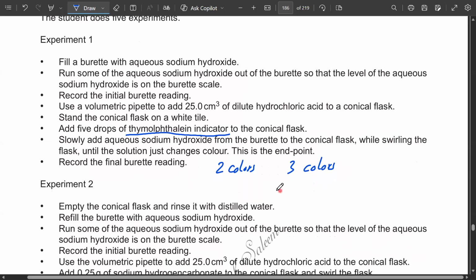One color is given in the acidic solution, one color is given in the neutral solution, and the third color is given in the basic solution. So these types of indicators can give exactly one kind of color in these 3 different situations. But universal indicator, on the other hand,